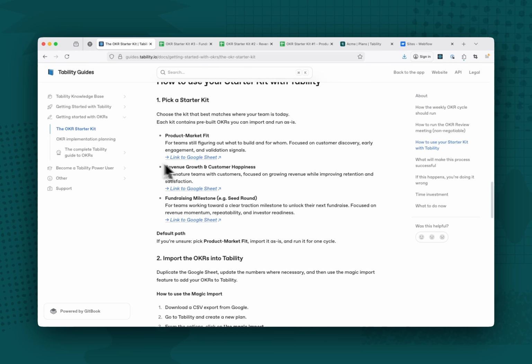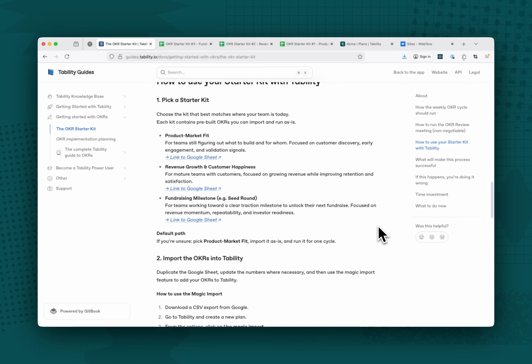There's one focused on teams that are trying to validate an idea and get to product market fit. There's another one for more mature teams that want to focus on increasing the bottom line and making sure that customers are happy. And there's a third one for startups that are targeting a specific fundraising milestone. Usually you have a set of metrics to hit,